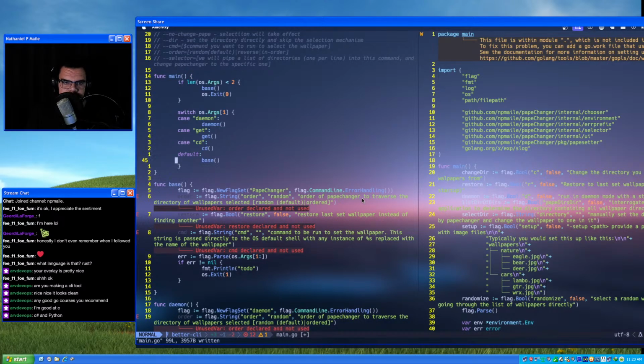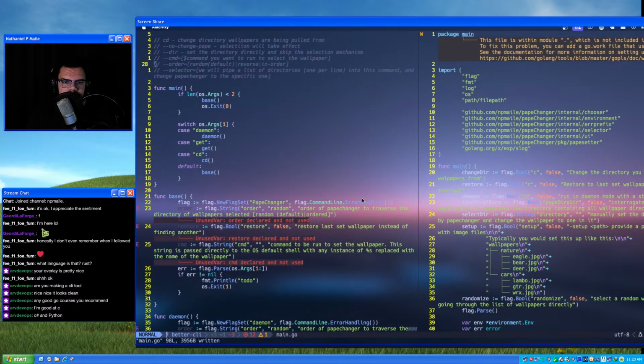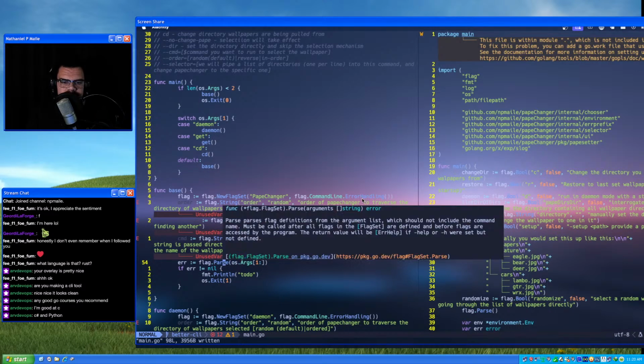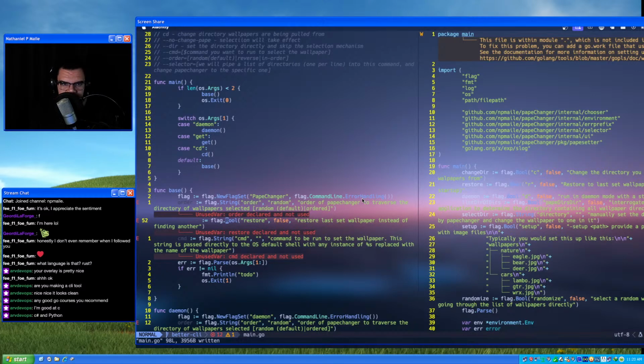Without further ado, first thing, when I'm passing the flags into the old new flag set, parsing the arguments, what I need to do is pass the flags into this function, but only the flags that need to be parsed, and that's going to be different here.